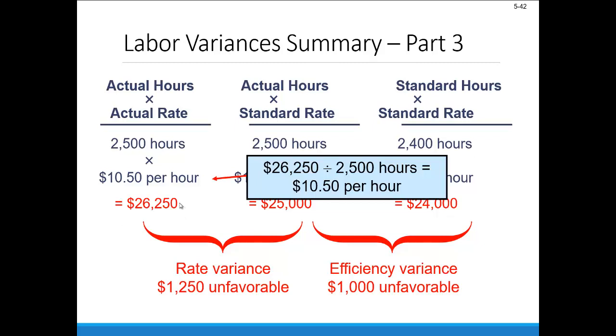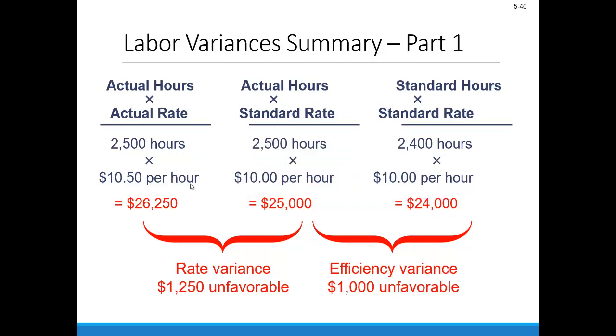If we wanted, we could divide that by the 2,500 actual hours worked to get an average rate of $10.50 per hour. And then, of course, in the middle, our as-if budget, we're taking the actual hours, the 2,500 hours that were really worked, but multiply now by the standard rate, the $10 per hour, for a total of